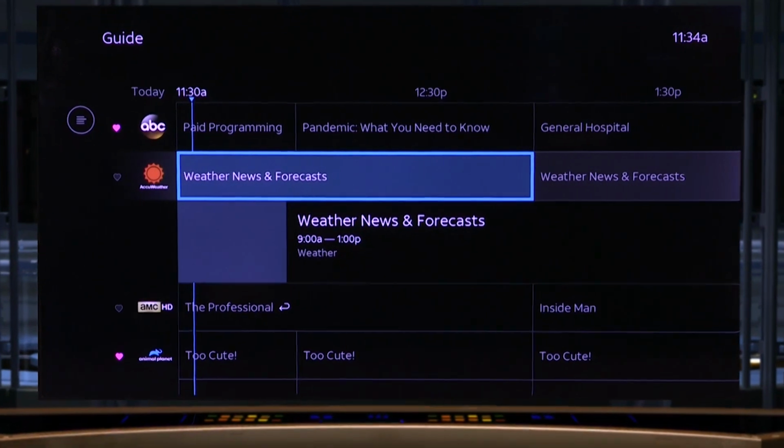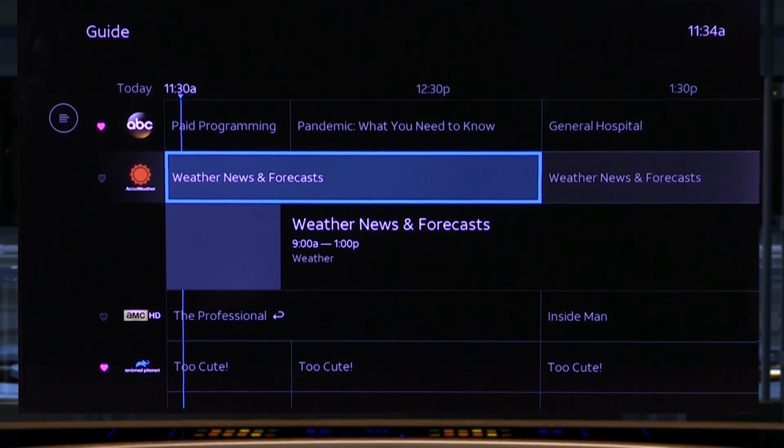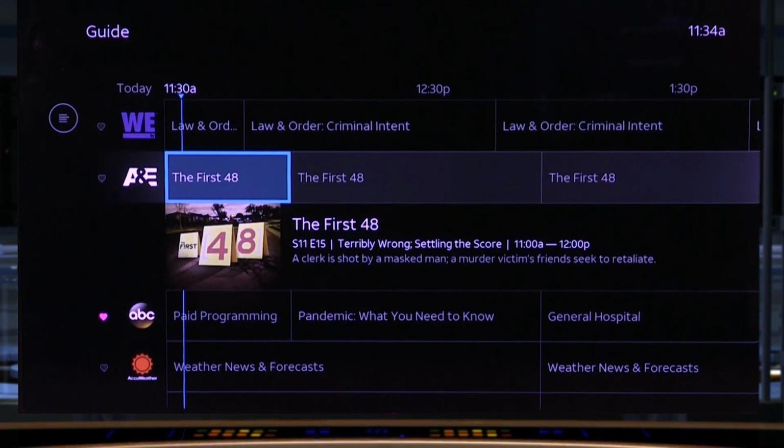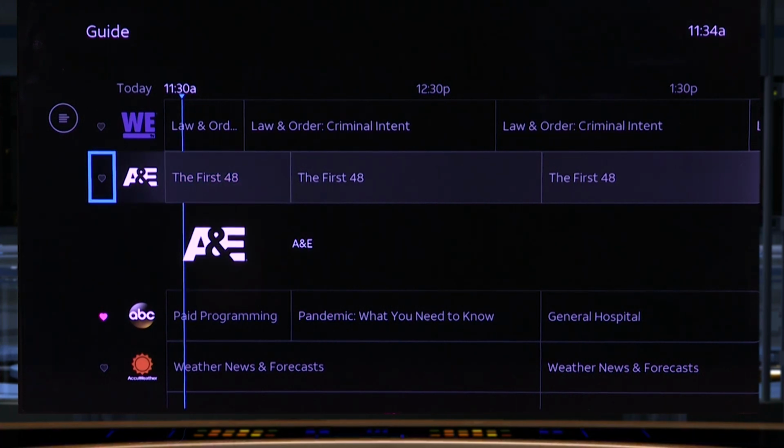Now I can look at my guide two different ways. I can look at it with all channels and it's going to list them alphabetically. You can see all the A's up here and it's got the We channel there at the bottom. If I go over here,